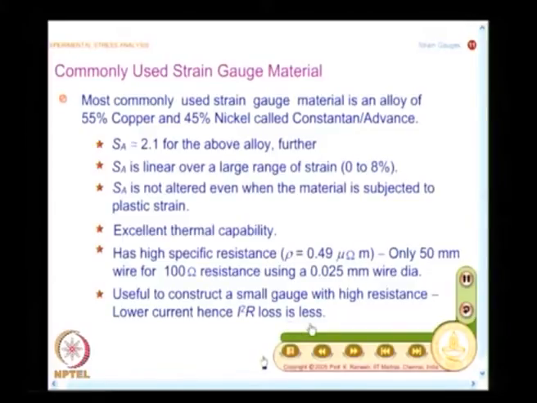See, I said in all strain gauge instrumentation, you will have to keep looking at the thermal influence. When current passes through the conductor, what happens? The conductor gets heated up, and you call that I squared R loss. And if you have looked at my statement very carefully, I had said with the advancements in composites, people have developed 300, 350 ohms, 500 ohms, 1000 ohms, 3000 ohms, etc.